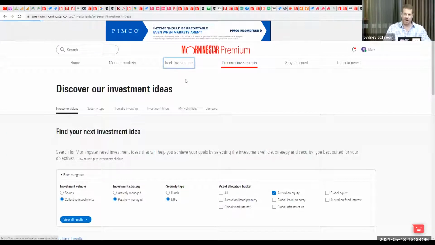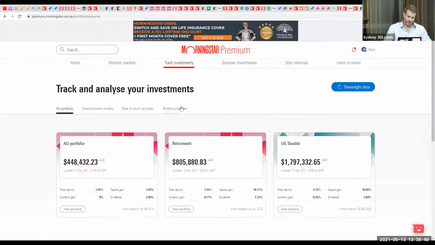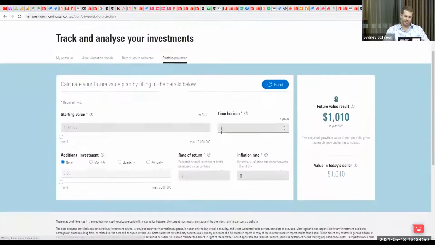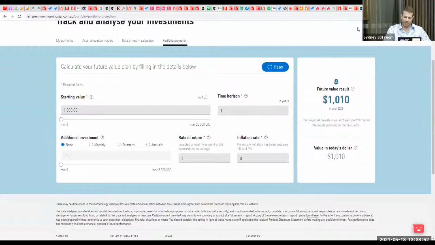All right, we'll go back to track investments. The other thing that we have in here allows you to do this the opposite way, this portfolio projector. So we can do the same thing, right? If we have $450,000, now I don't like this as much as the rate of return calculator, but I used to play with this all the time. Not this specific one, but